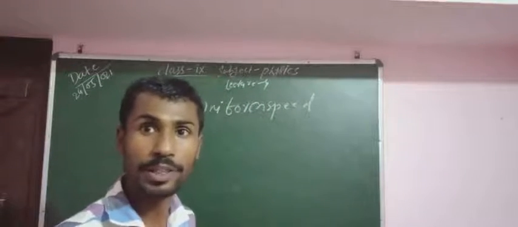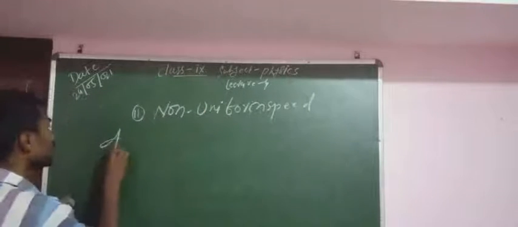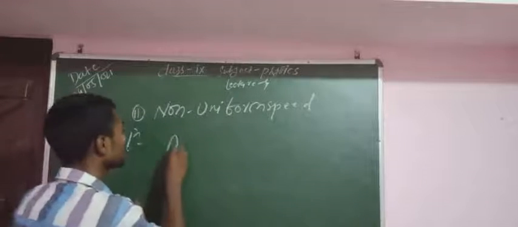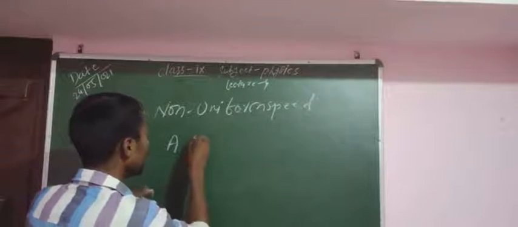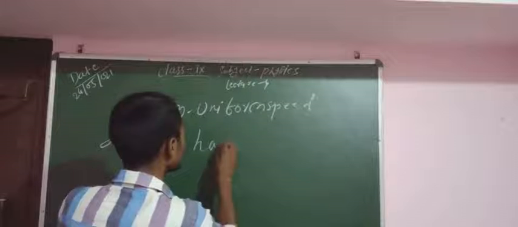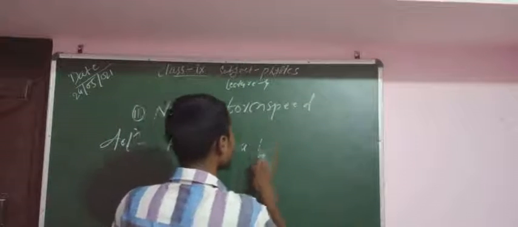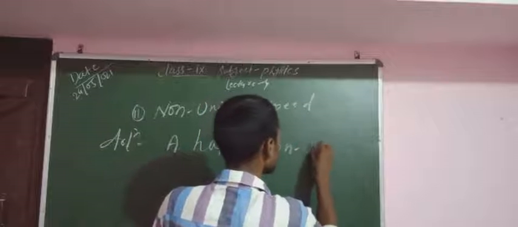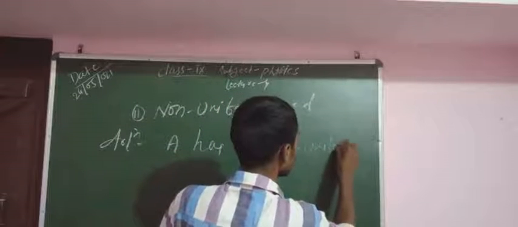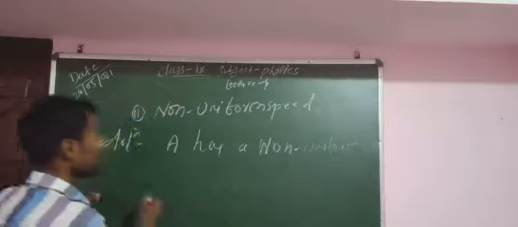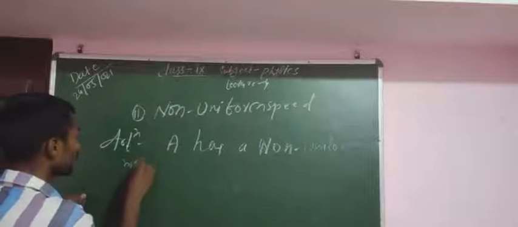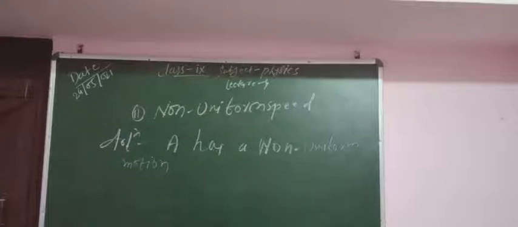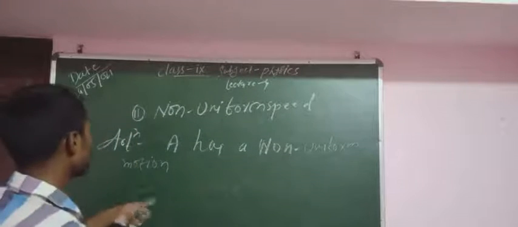Definition: just the reverse. A body has non-uniform motion